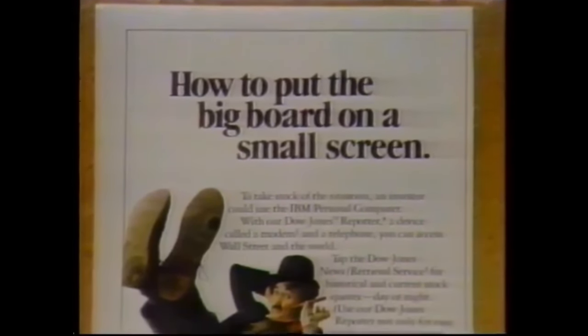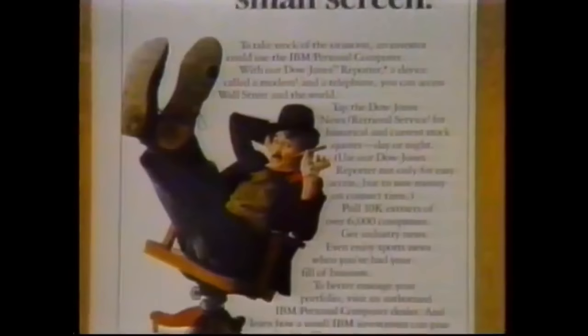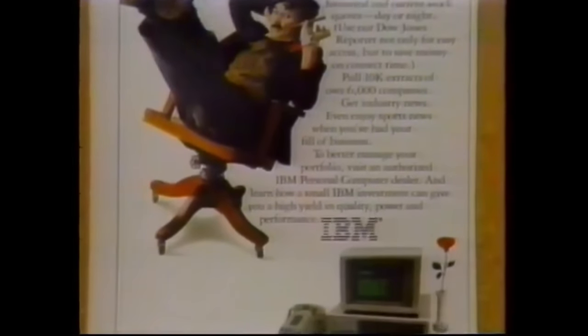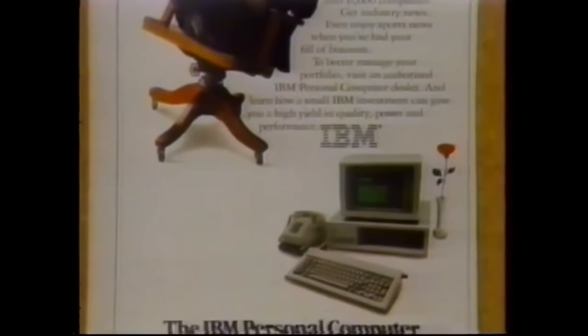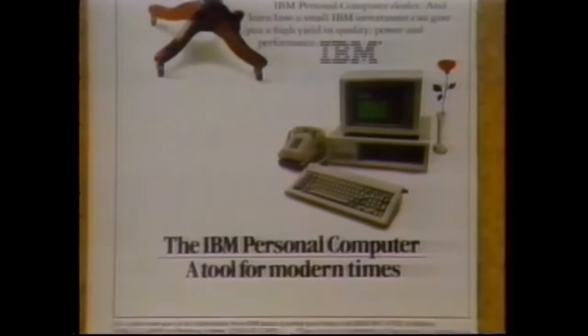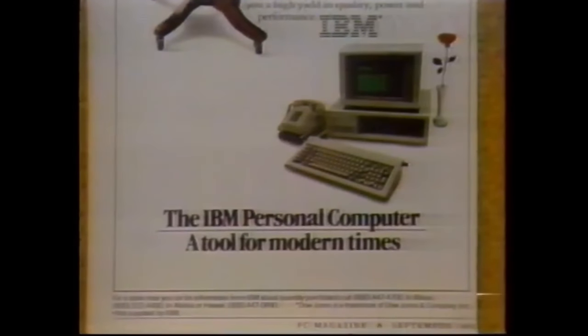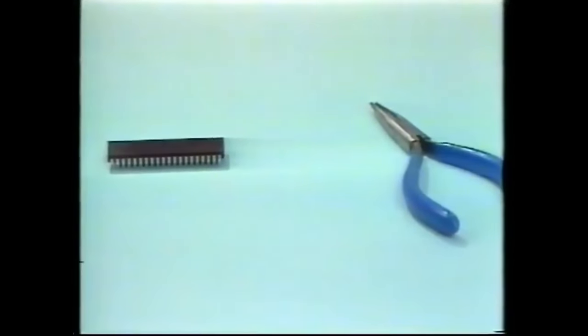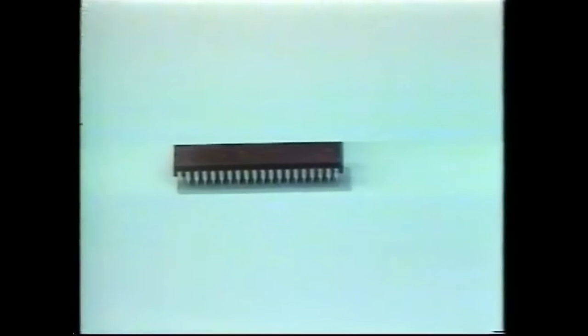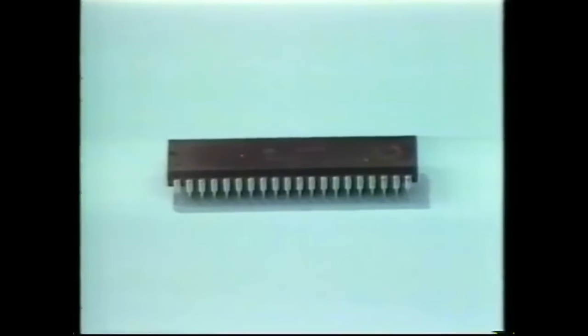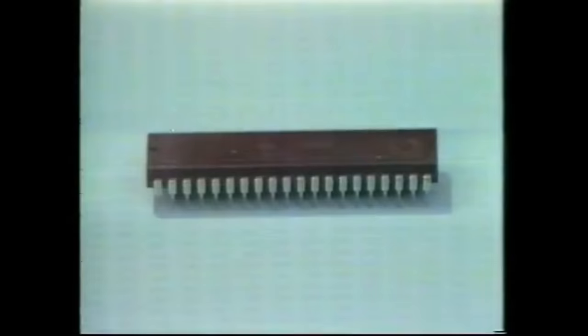IBM, the world's leader in huge mainframe units, recognized the need for a small and compact, yet very powerful personal system. Your IBM personal computer is the result of thousands of man-hours of development and design from a company that has pioneered computer technology. All of the work that your personal computer does is done under the control of the microprocessor. It may look tiny, however, it contains thousands of transistors arranged in a specific way so that it can control